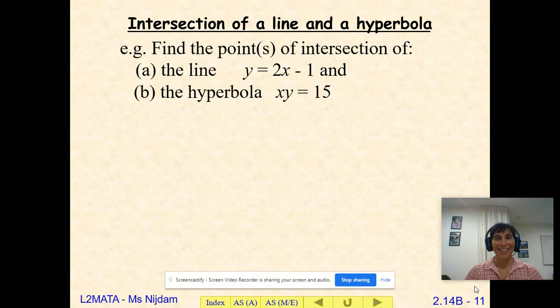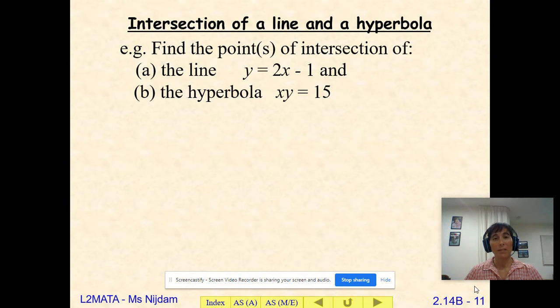Kia ora. The intersection of a line and a hyperbola. Example: find the point or points of intersection of A, the line y equals 2x minus 1, and B, the hyperbola xy equals 15. Now, as with the other questions, I recommend a quick sketch of the line and the